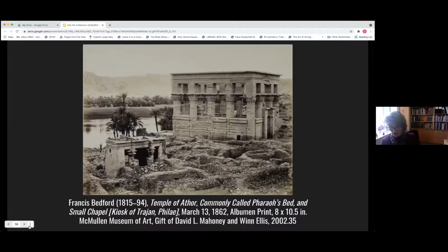The Temple of Hathor is one of several in Bedford's series without figures. This intentional absence of people creates an idealized document of what may have been perceived even then as a disappearing reality. Bedford's slightly bird's eye view accentuates the foreground ruins, and he chose a dynamic off-center composition for the temple